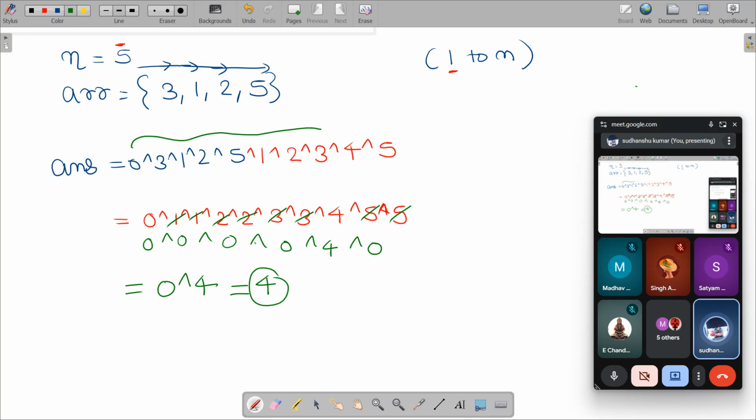This is actually your answer. And why is it happening? Because intentionally I have repeated every number from 1 to n and every number from the array. So whatever was missing didn't get repeated, and I am now left with it. Do you understand what we are going to be doing? Yes, sir.